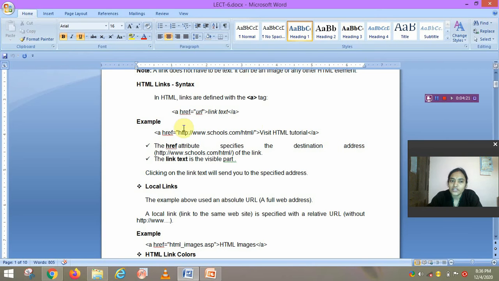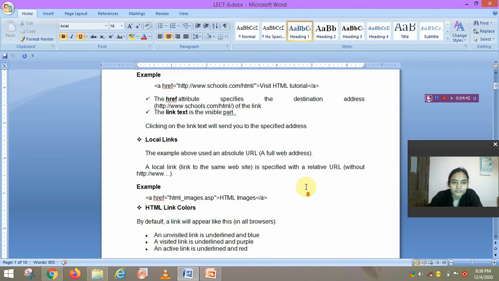In this way we write the hyperlink tag. The href attribute specifies the destination address and the link text is visible, that means only this link text is shown, and if the link is set, the text color is blue.